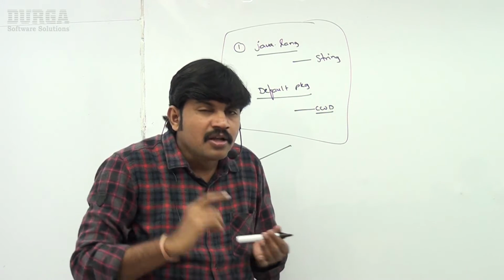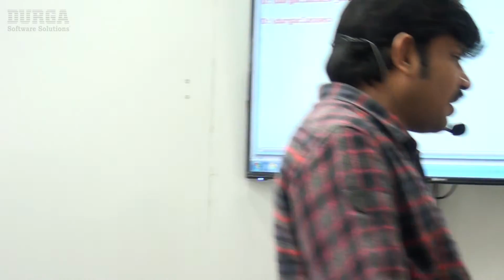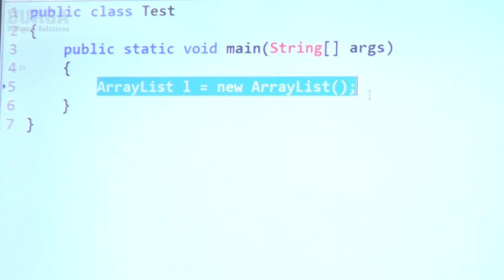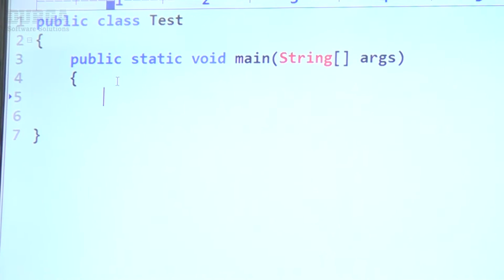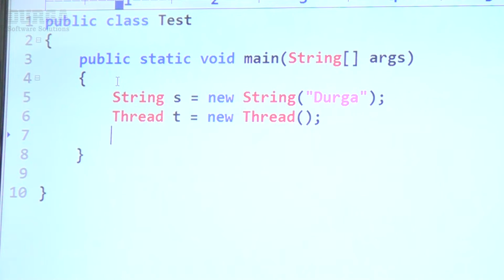Are you able to understand, right? Let me show a small example for this. Here observe, I'm taking a class Test. Have a look once, sir. I'm taking class Test, with no import statement. Now String s = new String("Durga"); Thread t = new Thread(); next, Exception e = new Exception();